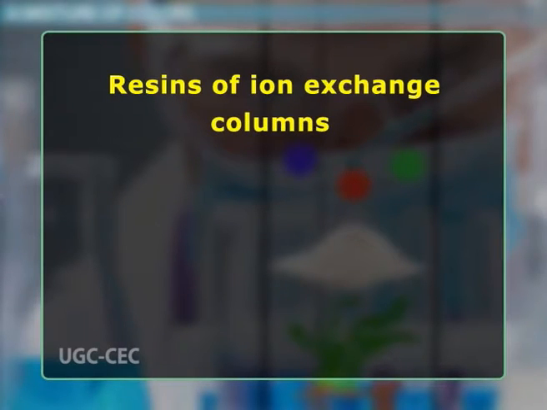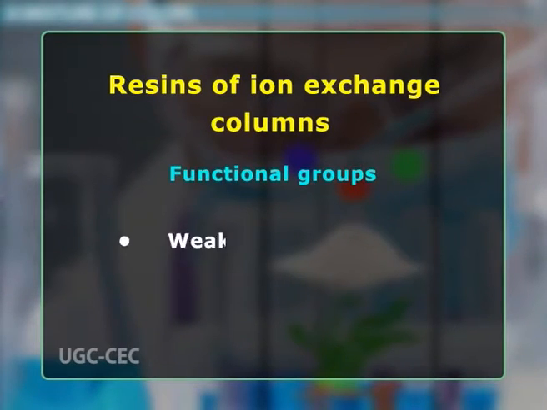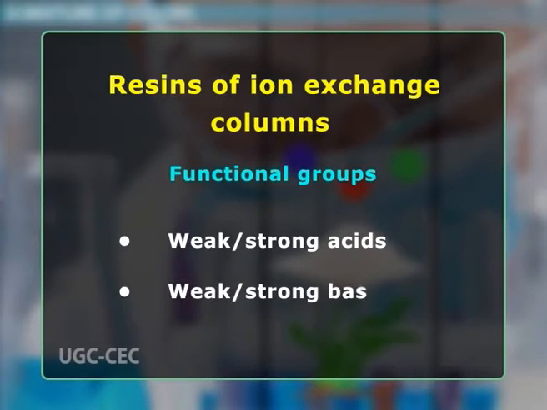Despite the smaller pH range of weak ion exchangers, they are often used over strong ion exchangers due to their having greater specificity. In some experiments, the retention times of weak ion exchangers are just long enough to obtain desired data at a high specificity. Ion exchange columns may include functional groups such as weak and strong acids and weak and strong bases. There are also special columns that have resins with amphoteric functional groups that can exchange both cations and anions.